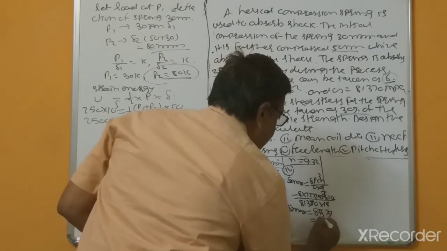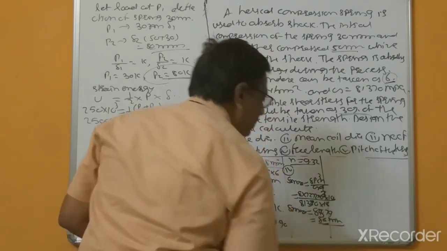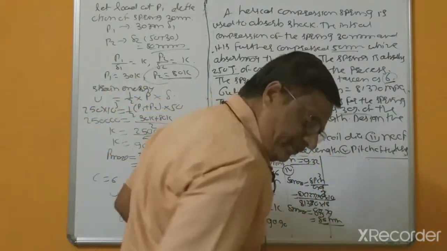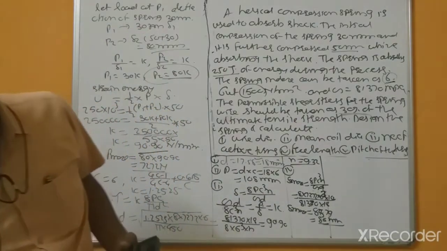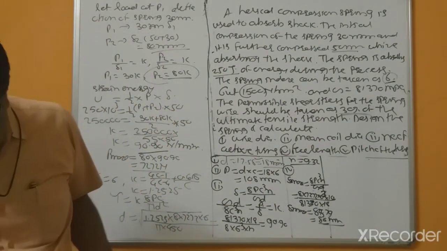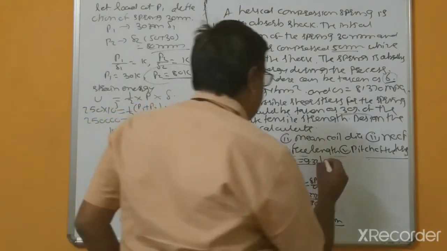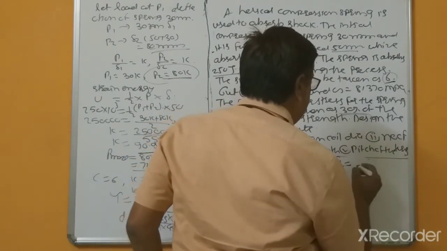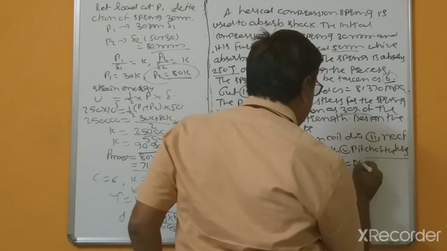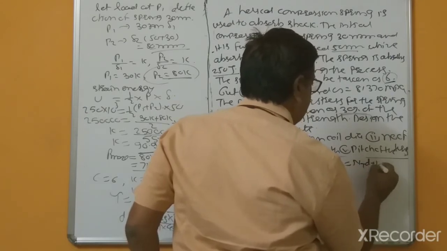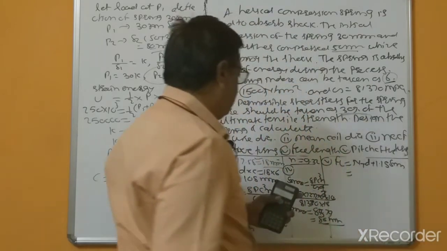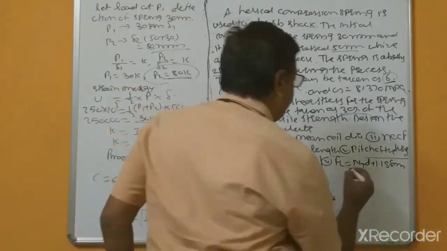Suppose this is 86 mm, right? Delta max. What is next? Free length equals nt into d plus 1.15 delta max. nt equals, this is 10 plus